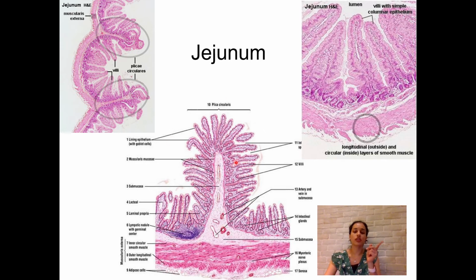So when you see the villus in the duodenum, they are a little bit broader, leaf-like, but here in the jejunum, they look finger-like. Exactly, they form finger-like projections. Okay. And the rest of the features are the same, but you don't see mucosal glands in the submucosa. So there are no submucosal glands.